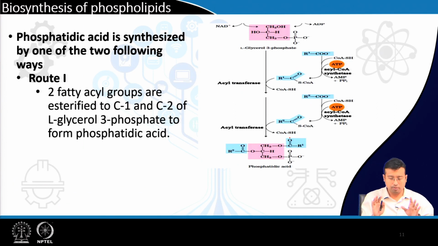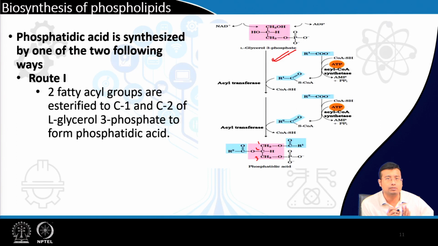Now, again, phospholipid synthesis, I told you when we need phospholipid or triacylglycerol, the key or the central molecule is phosphatidic acid. So, what is phosphatidic acid? 1,2-diacylglycerol 3 phosphate. How can phosphatidic acid be synthesized? Just a couple of slides before we saw it can be synthesized from glycerol 3 phosphate, where there is already a presence of phosphate group, and simply the 2 OH groups are replaced by 2 acyl groups by the action